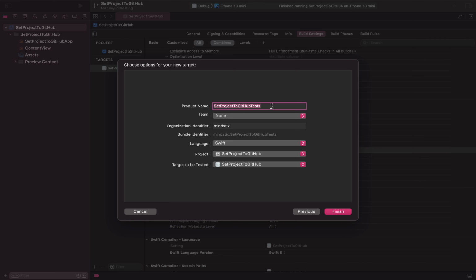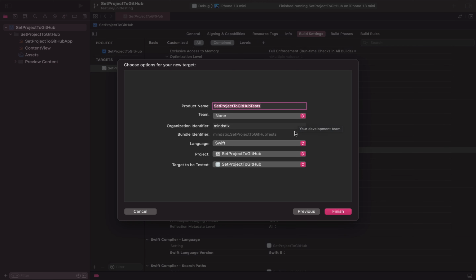You can add a specific name if you want, but the standard practice is the default project name and later Tests. This is also the default which Xcode uses while building a project, if you have selected the unit testing checkbox, then Xcode will add this unit testing target by this name.